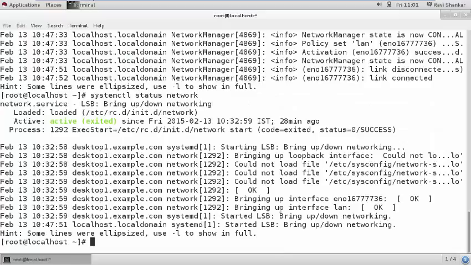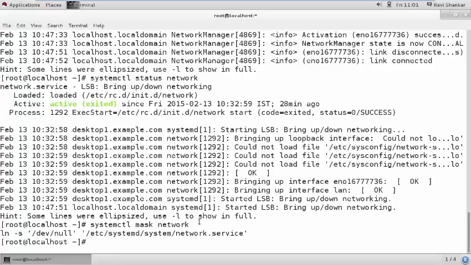See, it is also running, but it is better practice to mask the network service, because I am configuring via NetworkManager and some other admin may execute the command network restart, then there may be a conflict in the network and my network will get disturbed. So I am going to mask the service. The command will be systemctl mask network, because now, see,